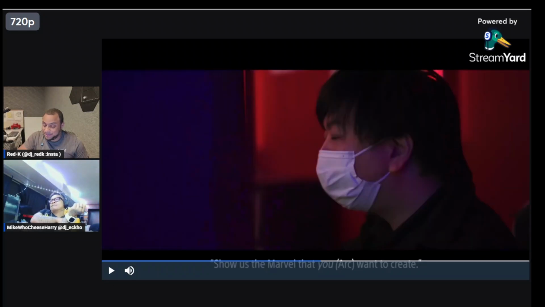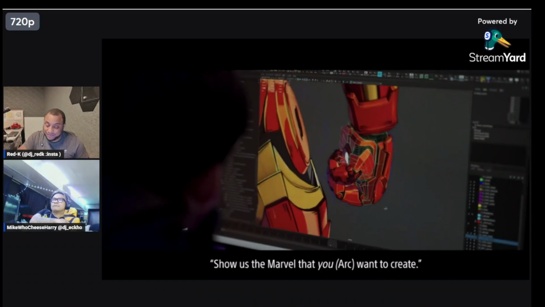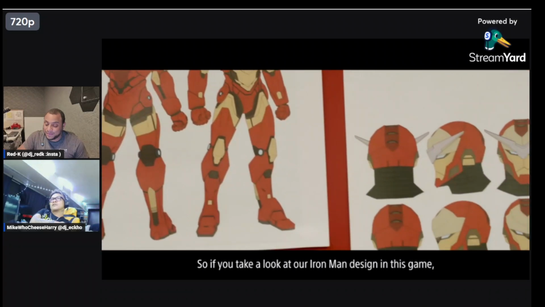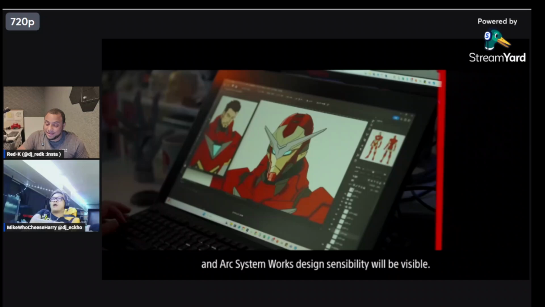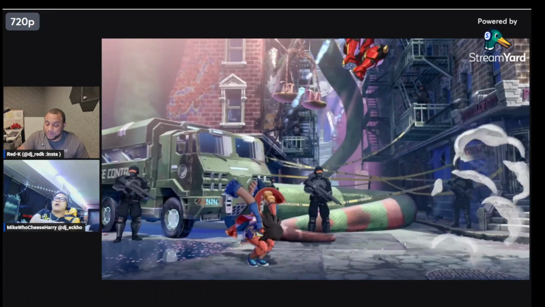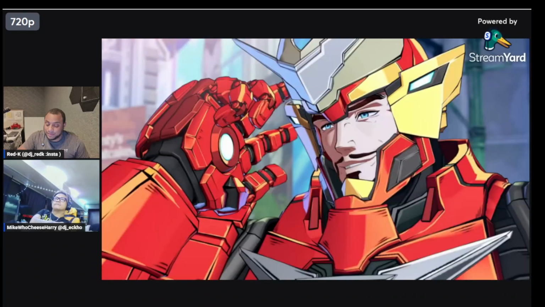Listen. やりたいマーベルを見せてくれというような話をいただいたことがあって。 I remember personally the first time I saw Iron Man was really when I felt we had something special. なので今回のアイアンマンのデザインを皆さんご覧いただければ分かると思うんですけども、かなりこう日本らしいアークシステムワークスらしいデザインっていうのが、出ているかなと思うので、マーベルの皆さんの反応がすこぶる良くて、あ、これなんだみたいないう感じで。 Iron Man is supposed to be the sleek fighter jet, think luxury race car, mixed with a...